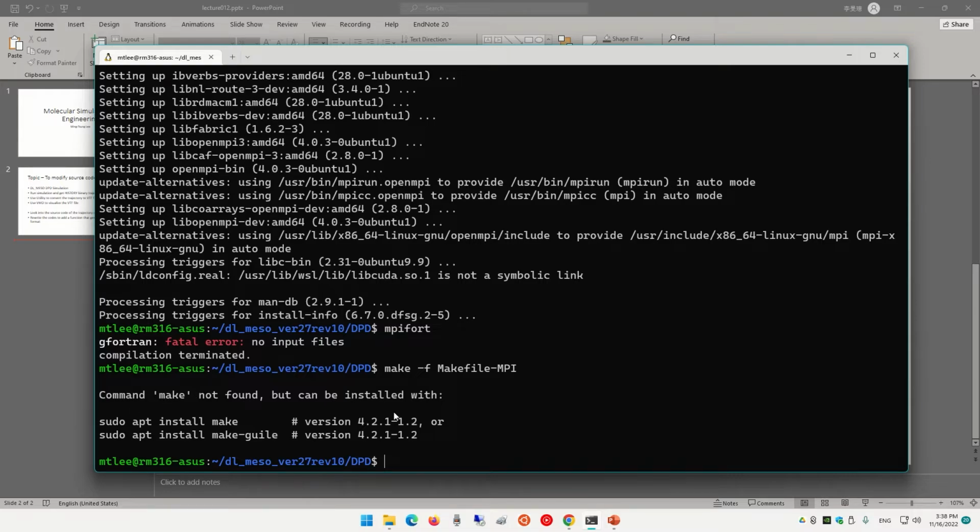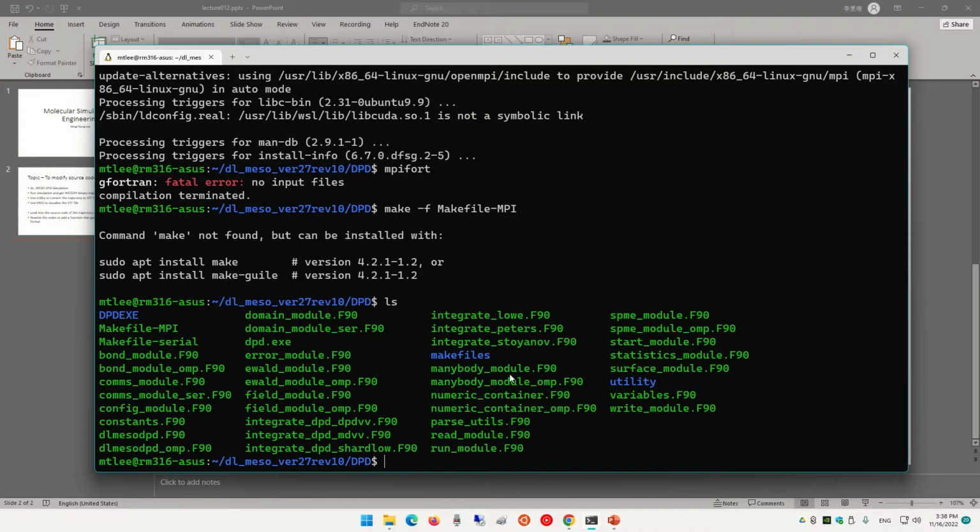So make is something that can install a program from a Makefile. Let me explain what this is, because you may not be familiar with it. This folder contains a lot of computer programs, and they are usually differentiated by the file extension, the word after the dot, after this period.